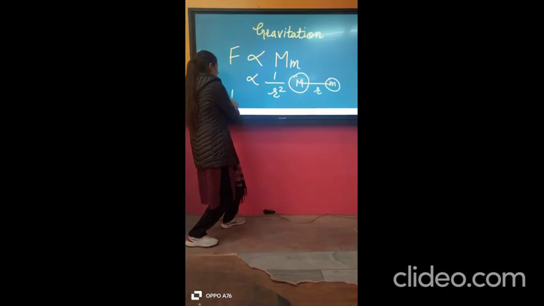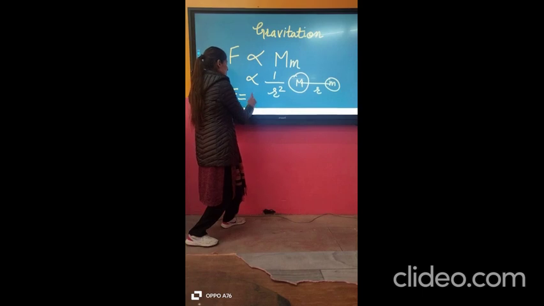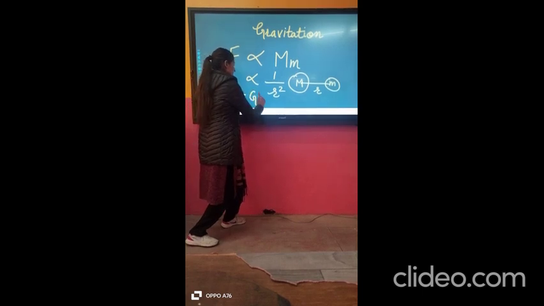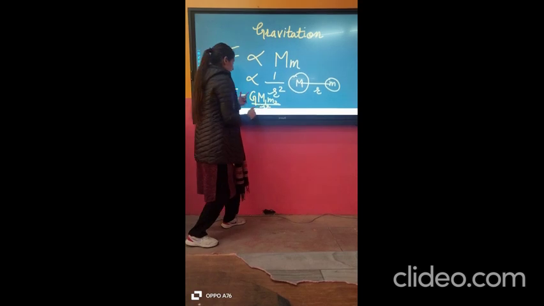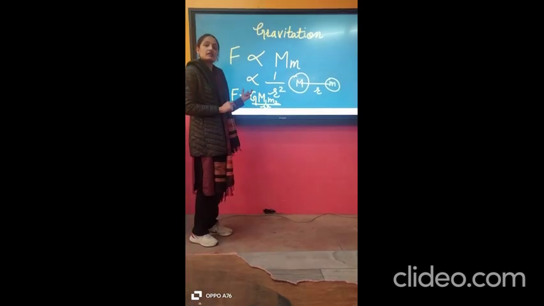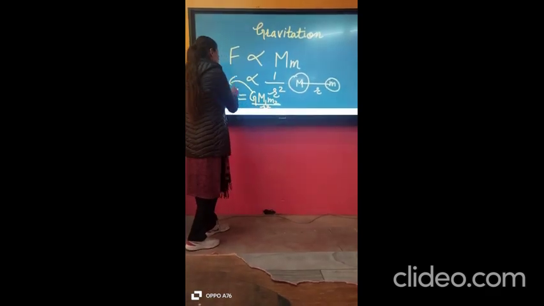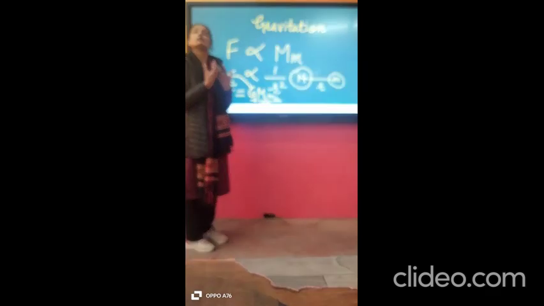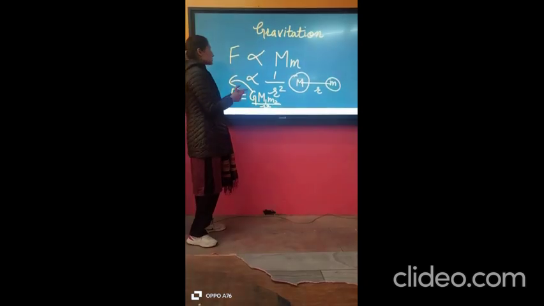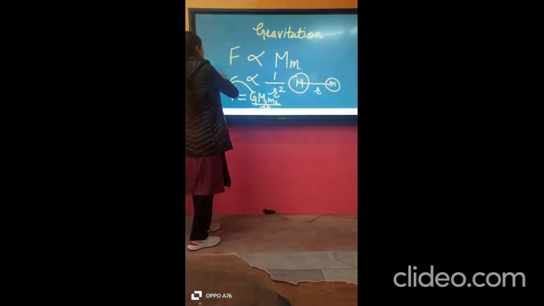Now this proportionality constant is denoted by capital G, so F equals G m1 m2 upon r squared. This G is known as the gravitational constant. Fine. Although we think this law was given by Newton, the value of G was not given by Newton. This value was given by Sir Henry